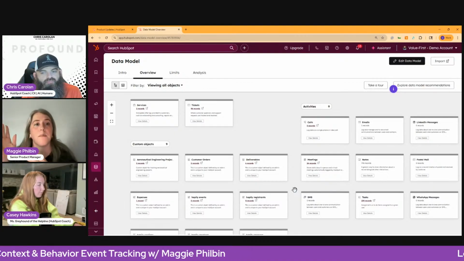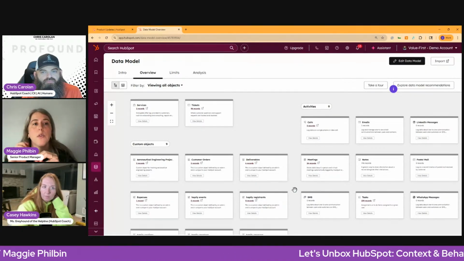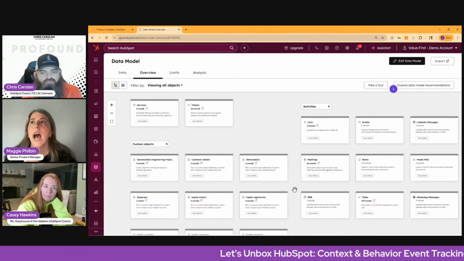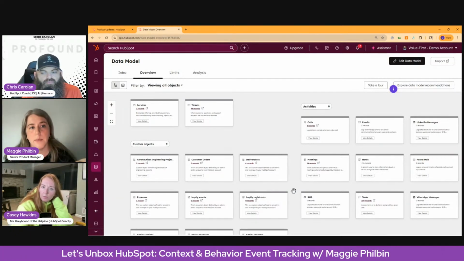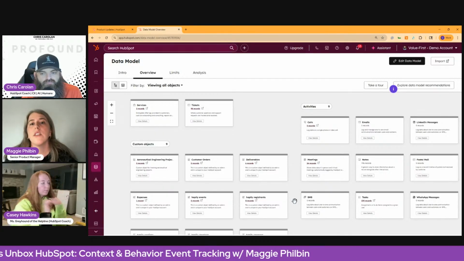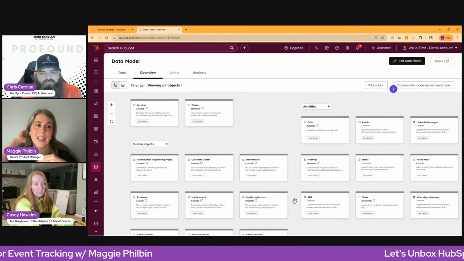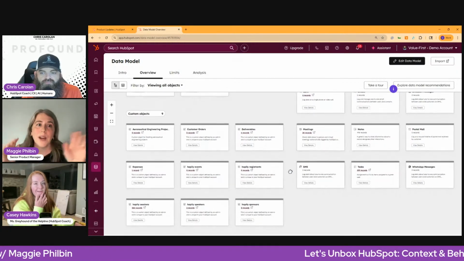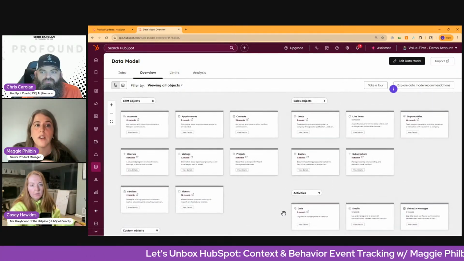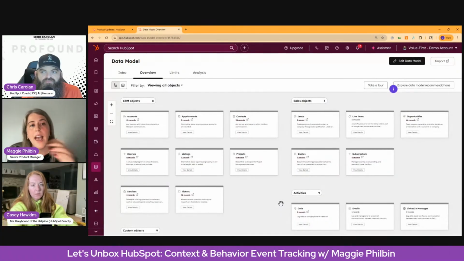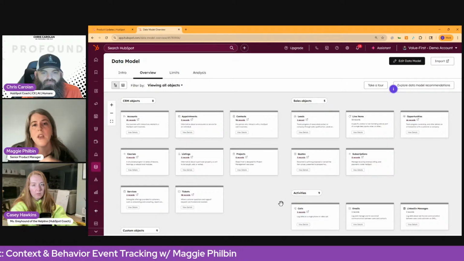Where event data comes in is that events are meant to represent moments in time. So, things that happen. Events happen to or on behalf of objects in HubSpot. There's a ton of different events that we track out of the box for you, like a form submission, an email open, a page view. Anytime you hear a verb, is usually what I say, you're probably looking at something that's stored as event data in HubSpot. And events are not objects. They're an entirely different system with different rules and different things you can do.